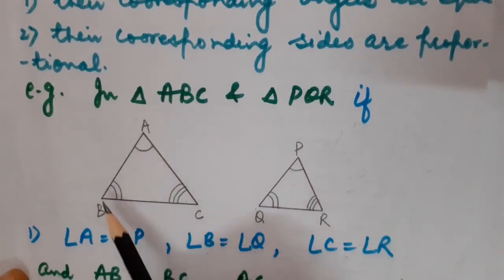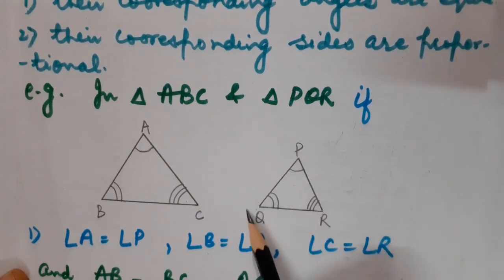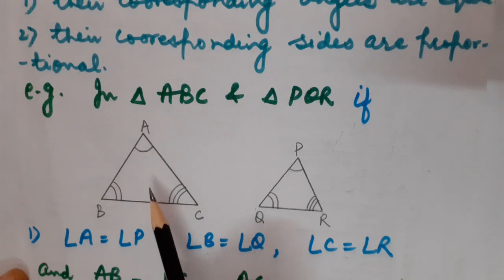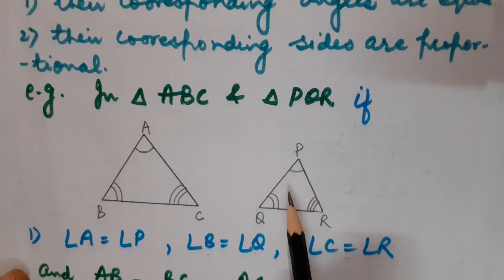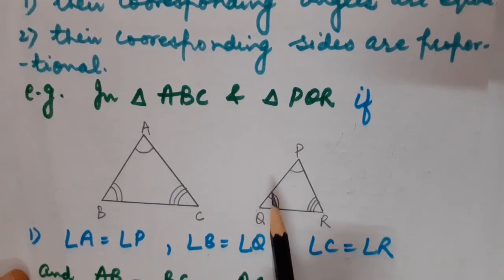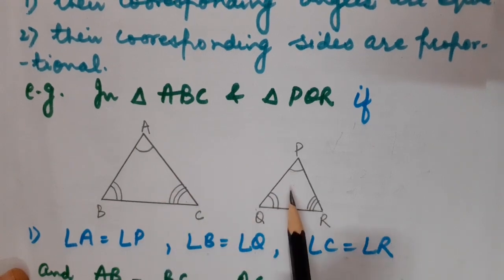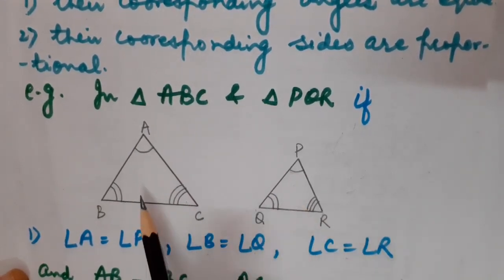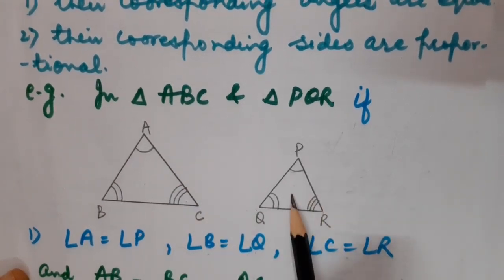For example, this is the very first triangle, that is triangle ABC, and then another triangle, triangle PQR. Children, as I explained you that in similarity, the same shape matters, but size of the same shape does not matter. Fine, here you can see that there are two triangles, though they are different in sizes, but the same figure is used, right? Means this is also a three-sided polygon, that is triangle, and PQR is also a three-sided polygon, that is a triangle.